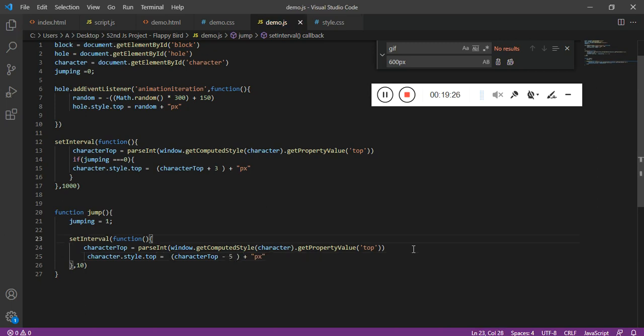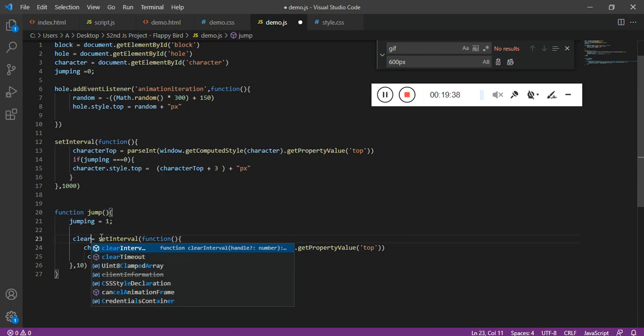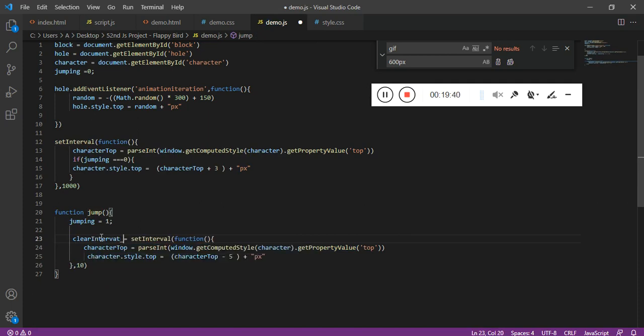If I click once, this function is going to run and it is not going to stop. So to stop this function, let's create clearInterval for jump.